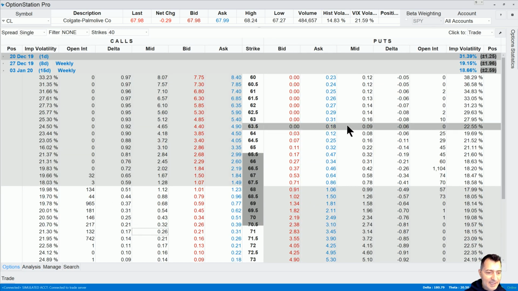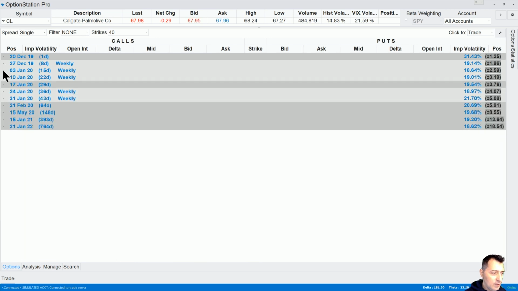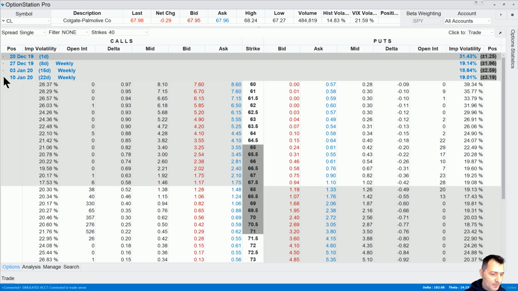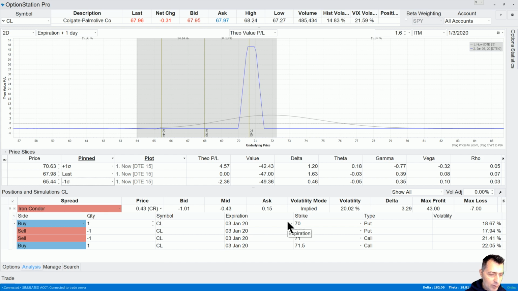63.5 pays me 9, so that's not good enough. Okay, so therefore January 3 is not good. I need to go for January 10. Looking at the 71, I get paid 45. This is good. And looking at the 63.5, I get paid 31. That is also good. But now my concern, and I'm sure you were thinking about it too,